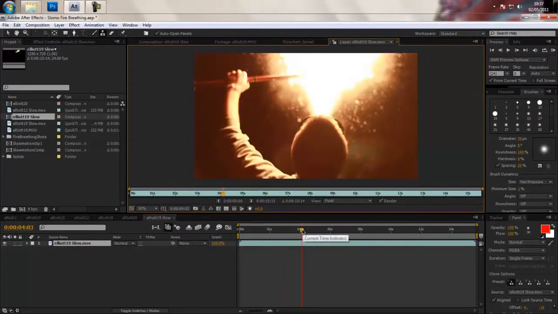Okay, and go forward a frame, paint it out, go forward a frame, paint it out, and so on. So that's how you'll get rid of this weird little sort of morphing weird particle. I don't know what you want to call it, but that's how I cleaned up a lot